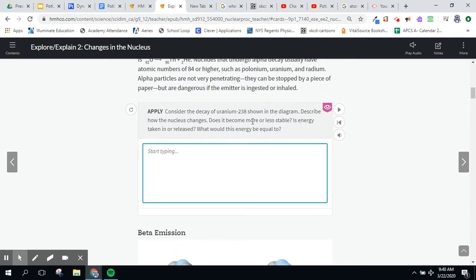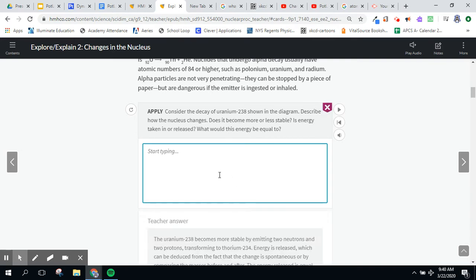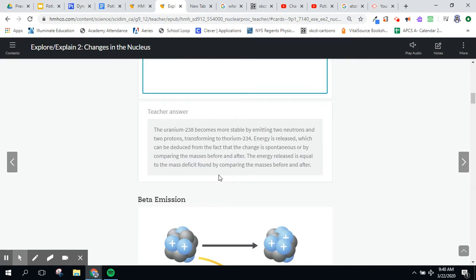And so it's talking about, if we look at this image up here, describe how the nucleus changes. Does it become more or less stable? Is energy taken or released? And then what would that energy be equal to? So a possible answer for that is it's becoming more stable, right? Things aren't going to tend to be less stable by emitting the 2 neutrons and 2 protons, which is transforming it into thorium-234. All right, it has to release energy,